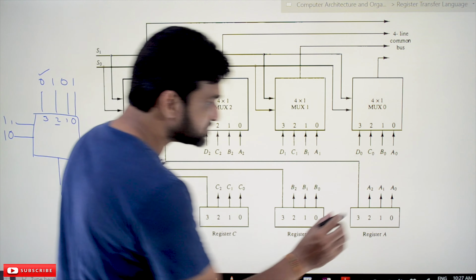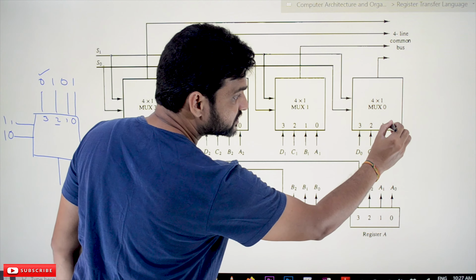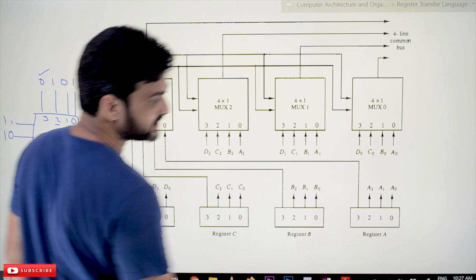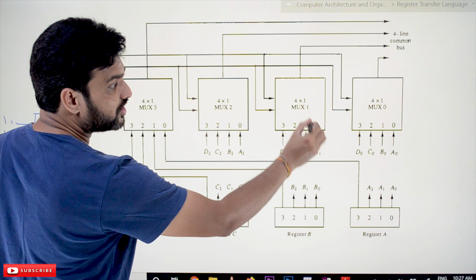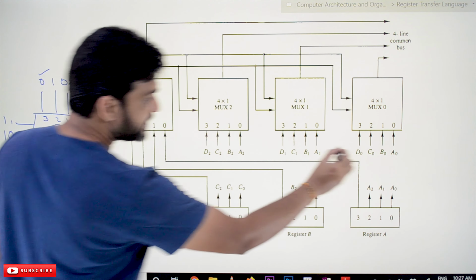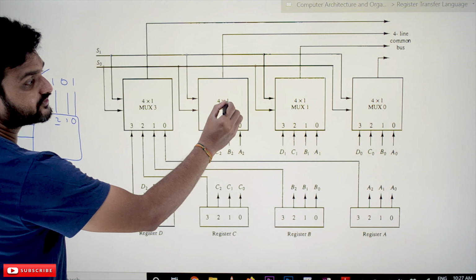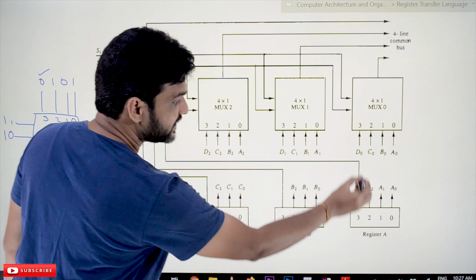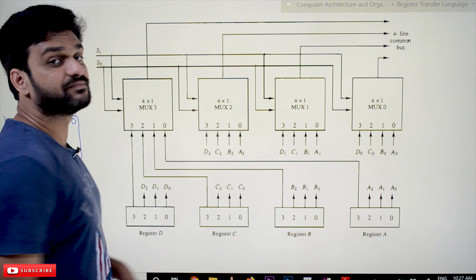A0 is connected to the 0th input of the first multiplexer, and A1 is connected to the 0th input of the second multiplexer. A2 is connected to the 0th input of the third multiplexer. A3 is connected to the 0th input of the fourth multiplexer.